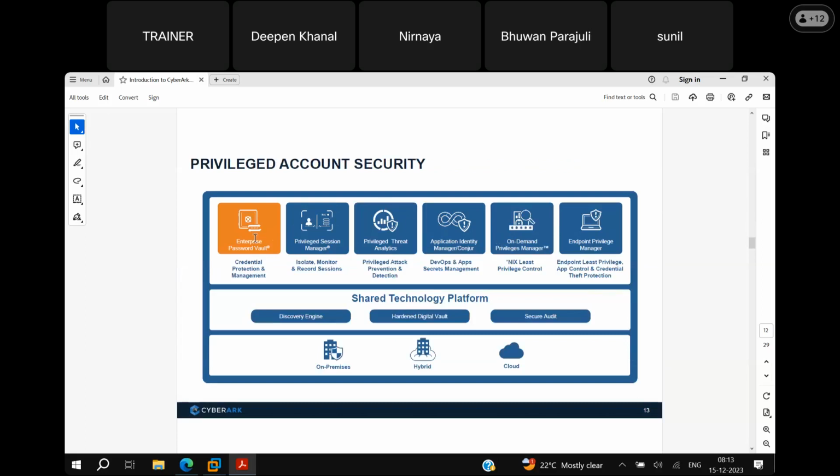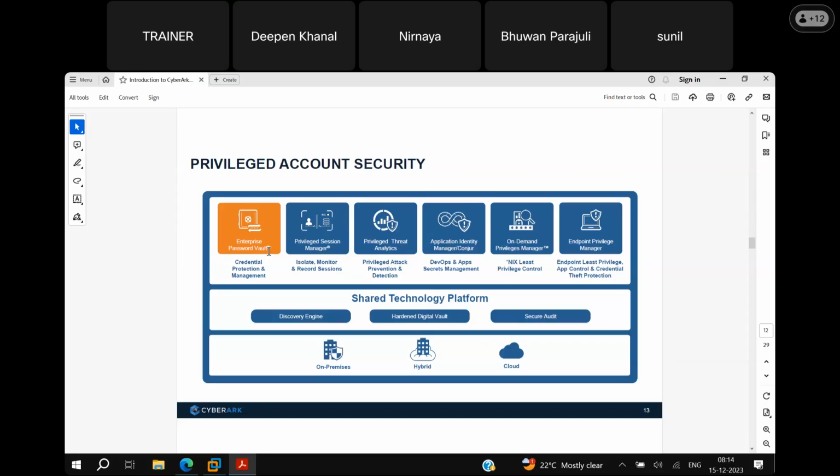So, combining together, EPV, Enterprise Password Vault. EPV stands for Enterprise Password Vault. This is the main component of CyberArk, where all these privileged account passwords are securely stored in the digital vault server. We call it the password vault, digital vault, or enterprise password vault. This is the heart of the CyberArk product, where all the privileged account information is securely stored on our digital vault server. A vault is like a bank.